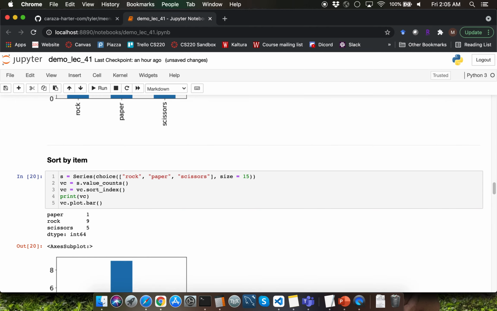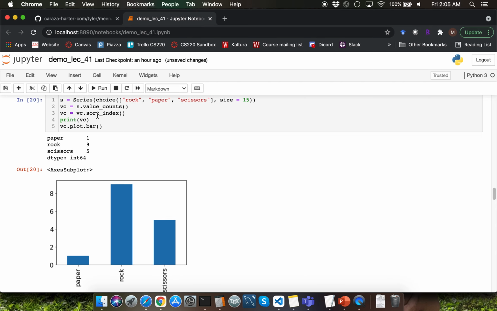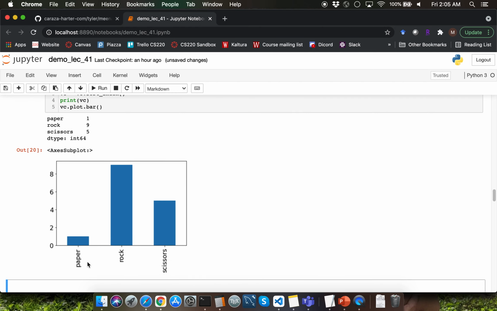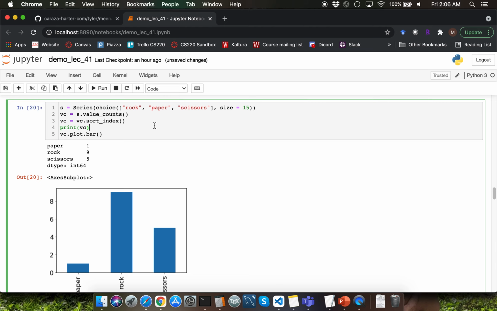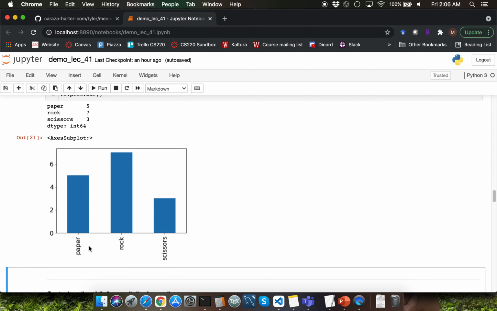Let me go ahead and execute this cell. Observe that on the x-axis we are getting the order of the bars as paper first, rock next and scissors last. This is going to be the constant order for the bar plot that is coming out of this input cell of code. That's because when you order paper, rock and scissors strings in an alphabetic manner, the order is always going to be paper first, rock next and scissors last. Let me execute this cell again. Observe that the counts corresponding to the bars changed, but the bar ordering itself is still the same as paper, rock and scissors.